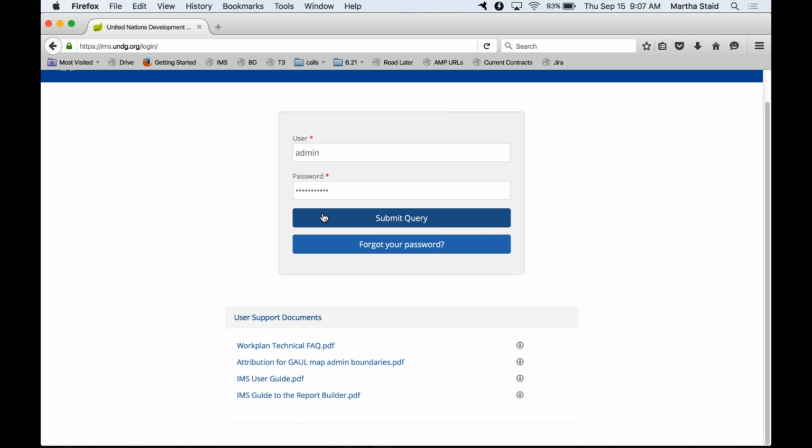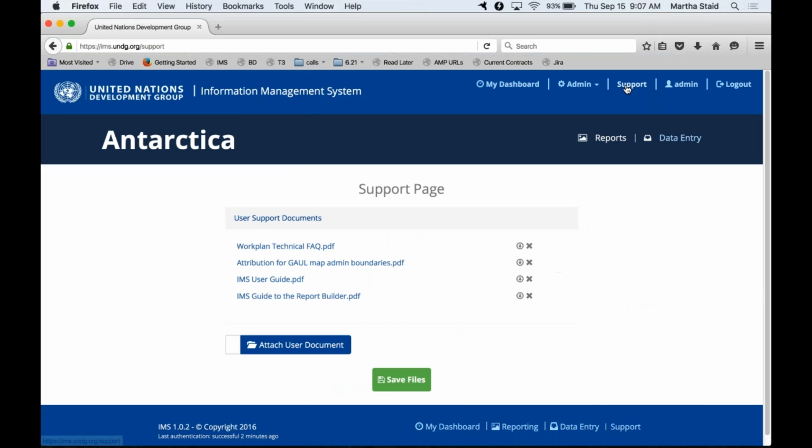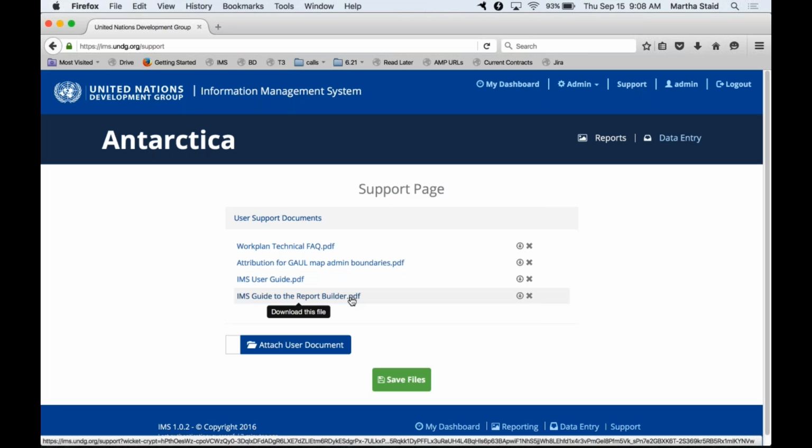Or if you are already logged in, you can just click the support link at the upper right of any page on the site and find the same document to download. I definitely encourage you to keep a copy of that on your hard drive because it will hopefully answer a lot of questions or be a refresher after this course.